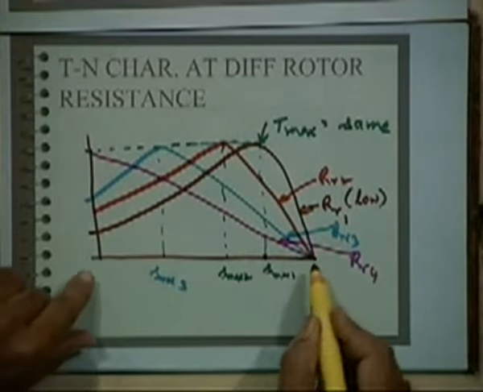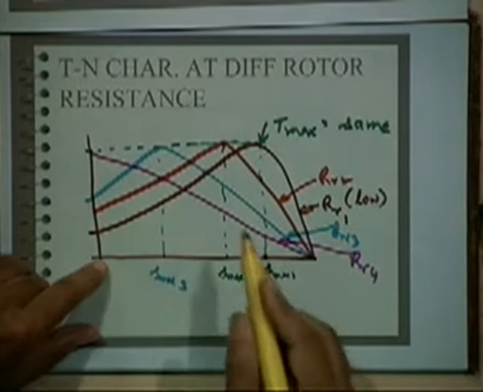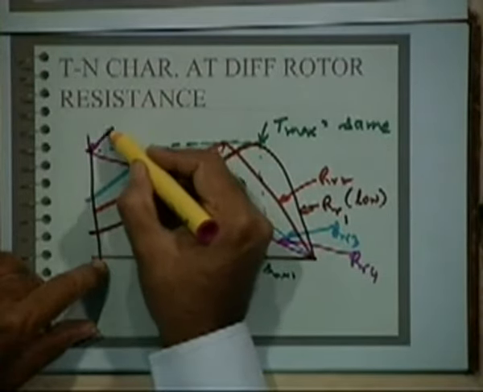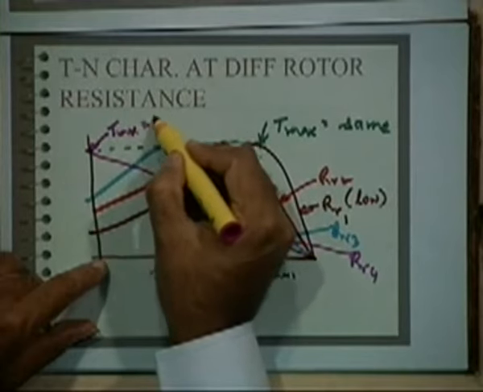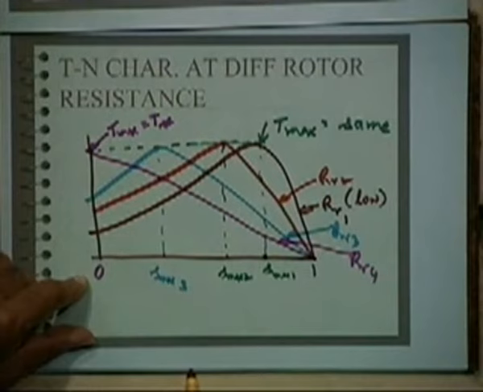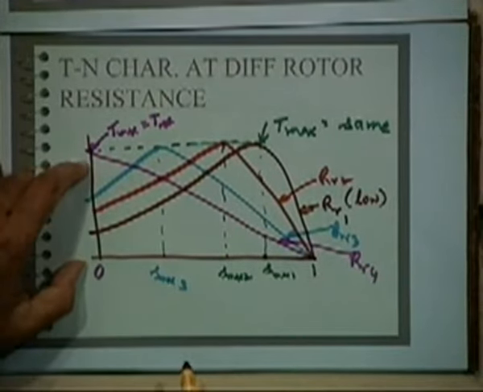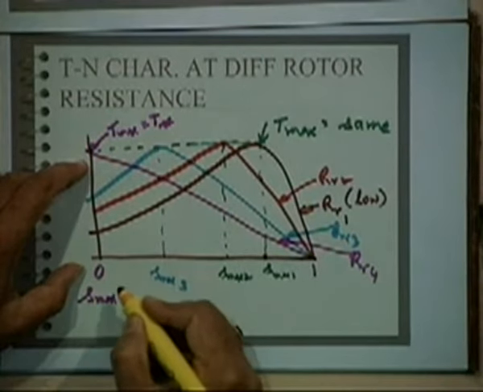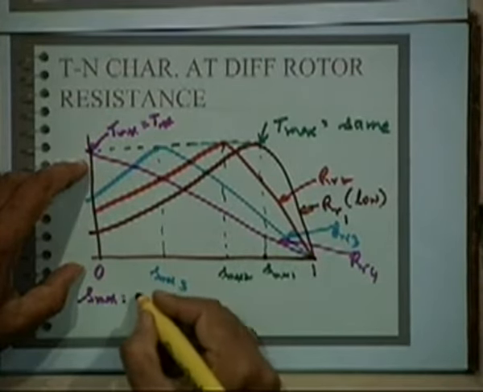Interestingly, what you find is at RR4, I am shifting the maximum torque to also be the starting torque. Here T maximum is also the T starting because this is the starting at 0 speed. Okay. So this will be an interesting conclusion. Thus, you can have a maximum starting torque at high resistance. So at this case, what is S max here? S max is 1.